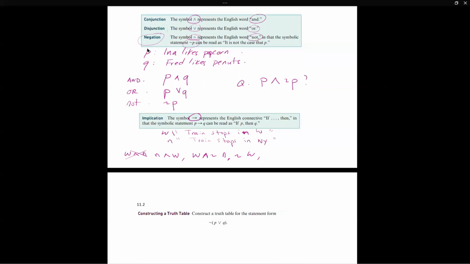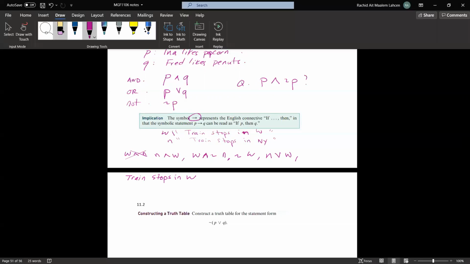The train stops in New York or Washington. You know, then you can have more things. The train stops in New York or Washington, but not in both. So this one I need to write because it's a new one and it's interesting, so we understand this. Train stops in Washington, in New York.